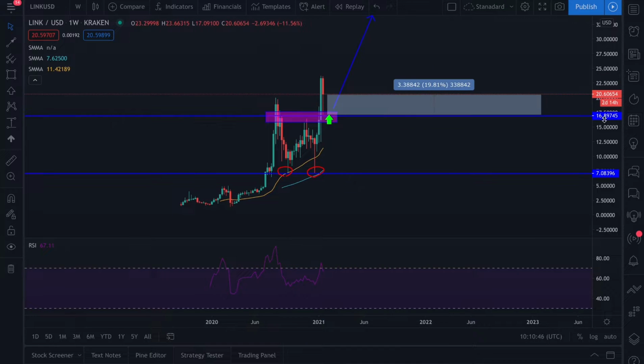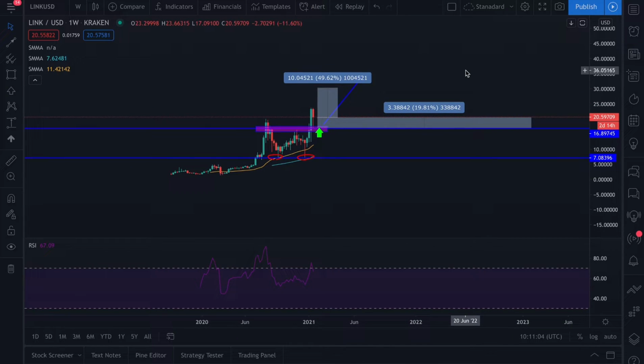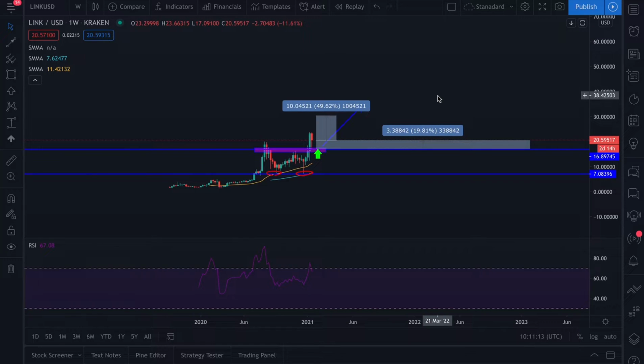So where do we think price will go next? I believe that price will go around $30. So that would be another 50% move from where we are now. Do I believe we could hit that before the end of the month? Yes, I do actually. I believe we're going to be riding this one up all the way to $100 per coin,